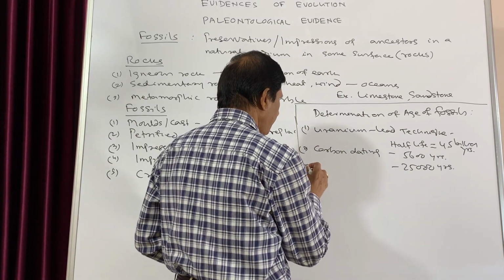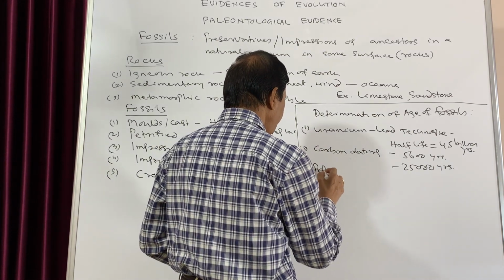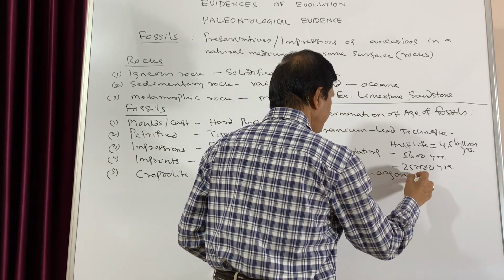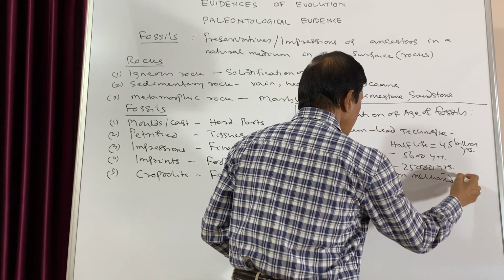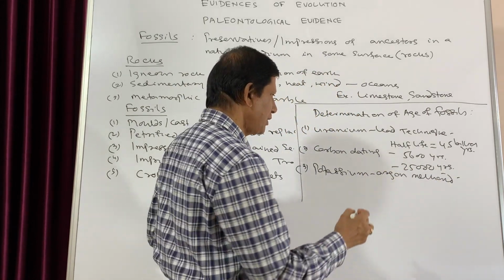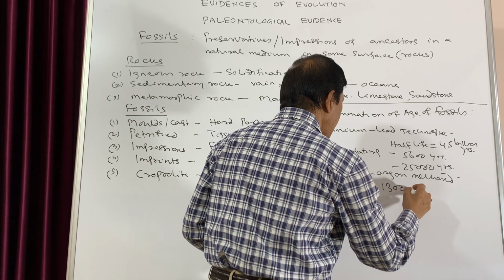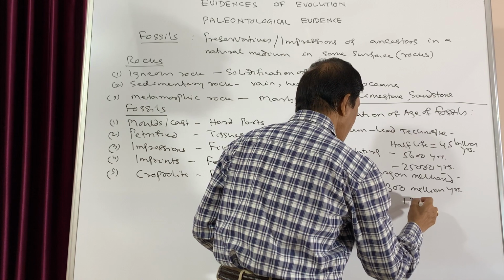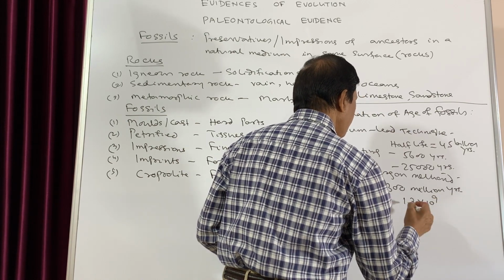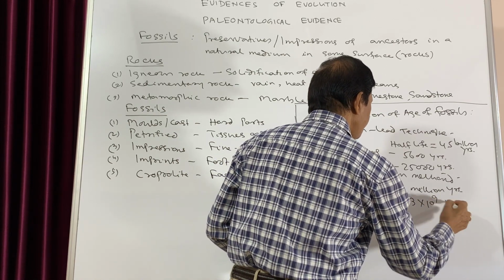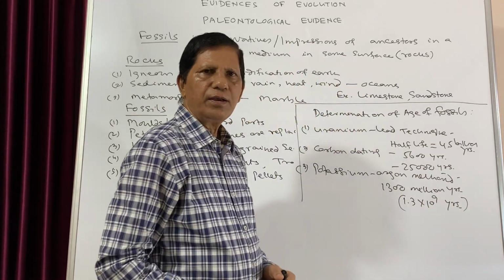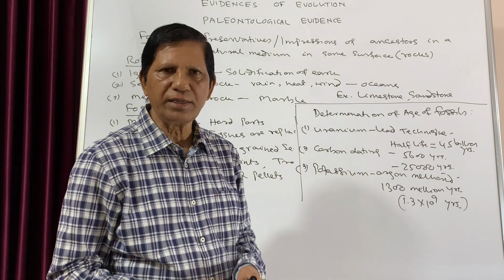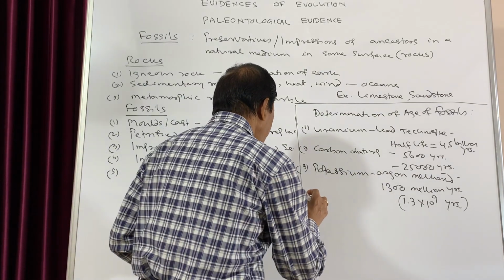The third one is the potassium argon method. So here the half-life is 1300 million years, or you can say 1.3 into 10 to the power 9 years. So this is also one of the methods by which we can calculate the age of the fossils. And the fourth method